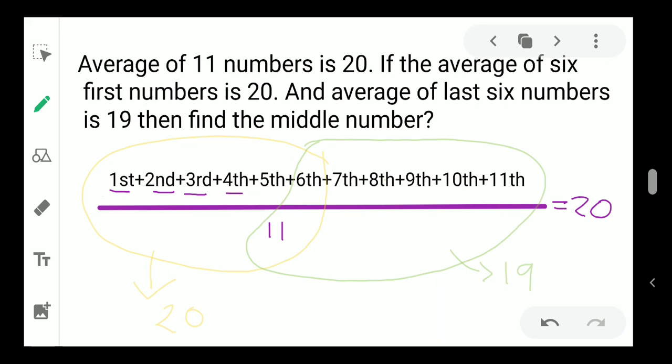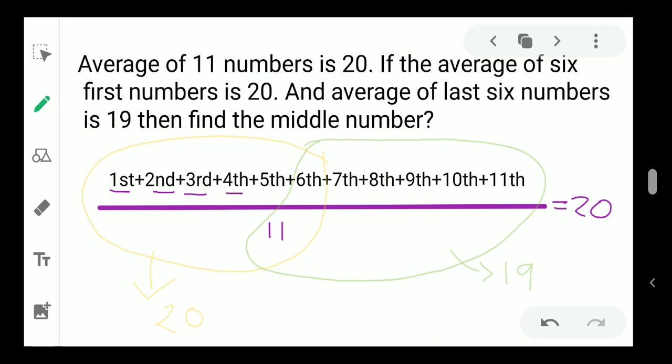And I know that average is the total of all numbers divided by the number of terms, that is 11, right? Okay, so what we will do now is first understand what is given to you. So this is given to me. What is given to me? That the average of a total of 11 numbers. In the next line, the average of the first 6 numbers.